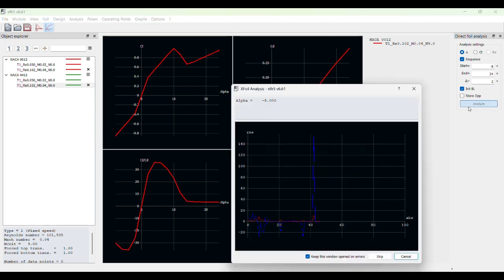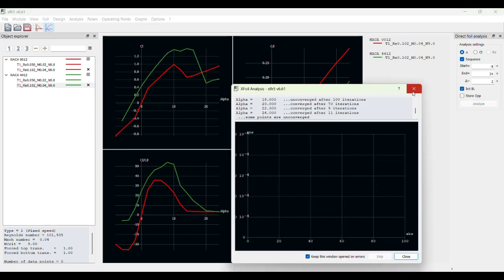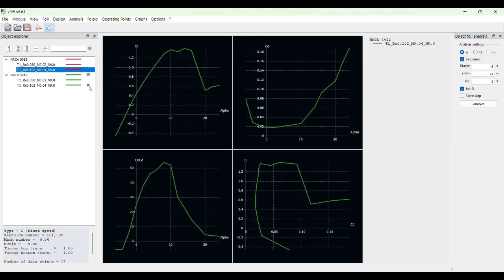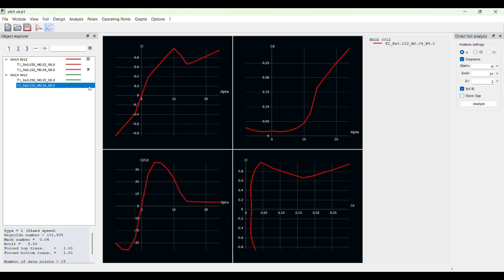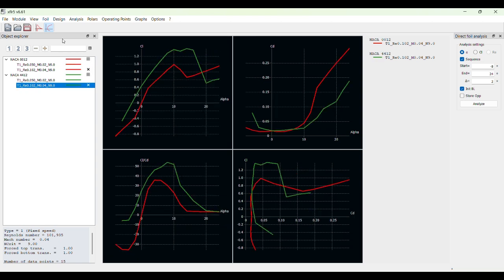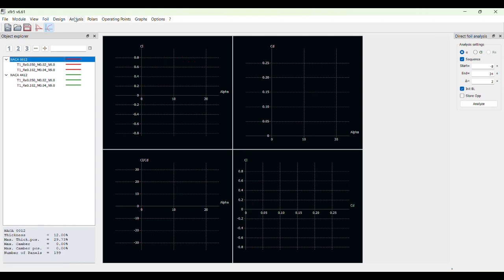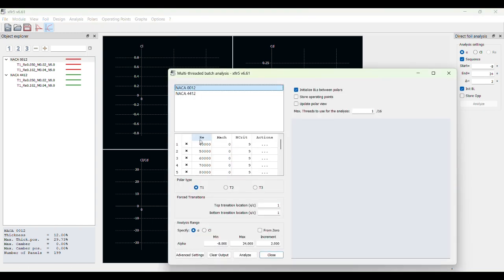And there we go. That's one, and that's two. So another comparison, here's each of them individually. And that is our entire airfoil analysis. All of that data is very easily exported by right-clicking on the graphs, but now we need to modify the